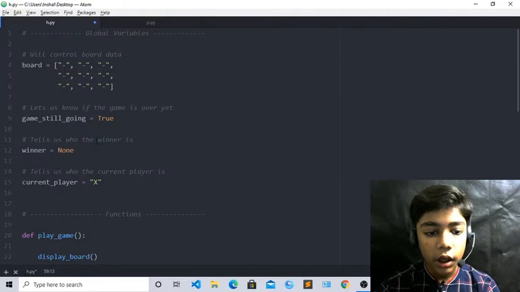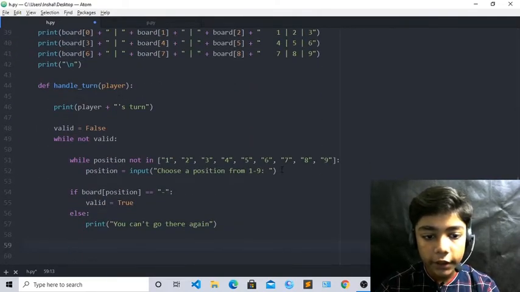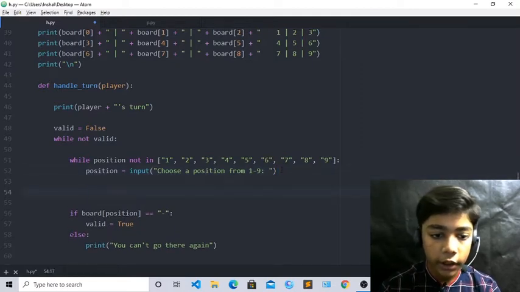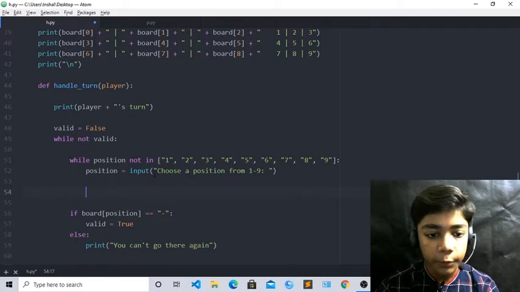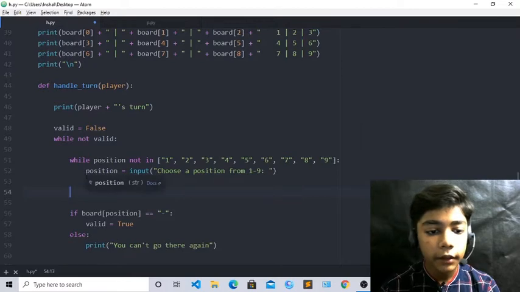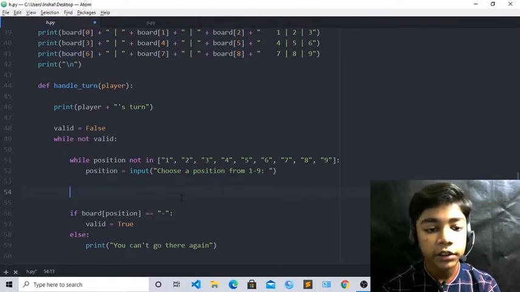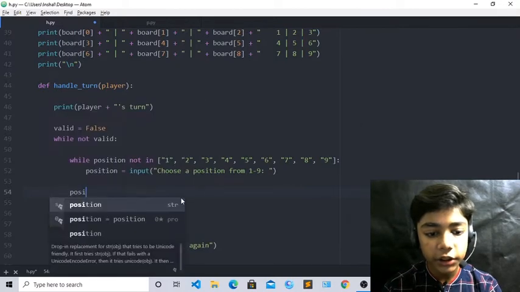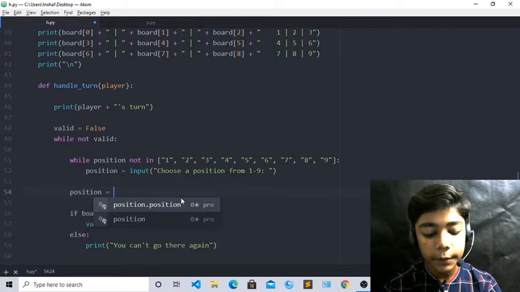Now when you have defined all this, come over here again and press enter, at the end of this while position not in and in the position. Now when you have done that, come in the while, that means come in the stack. Now here you have to write position, and here you have to write dash, which will be init.